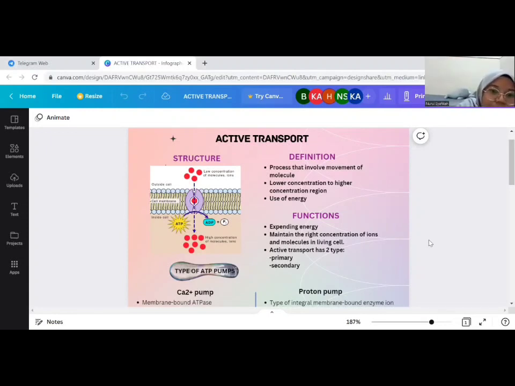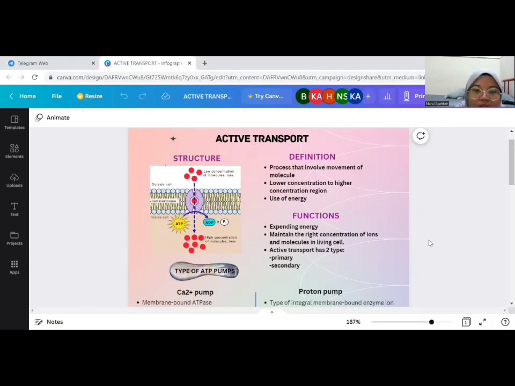So, what is the function of active transport? The function of active transport is used by cells to accumulate needed molecules such as glucose and amino acids. Next, transport of molecules against the concentration gradient. For example, we have here the pumping of sodium and potassium ions across the nerve cell membrane during the transmission